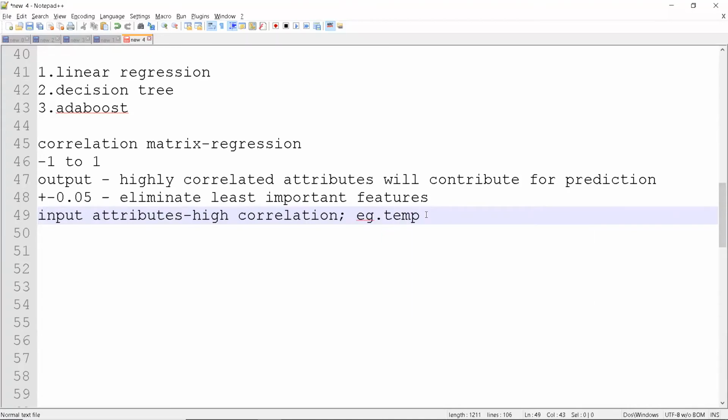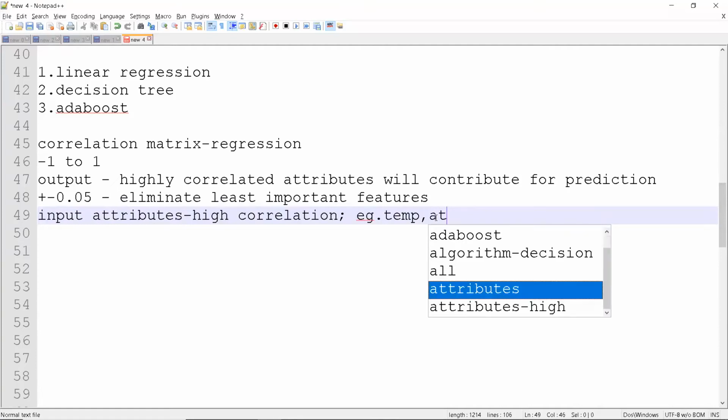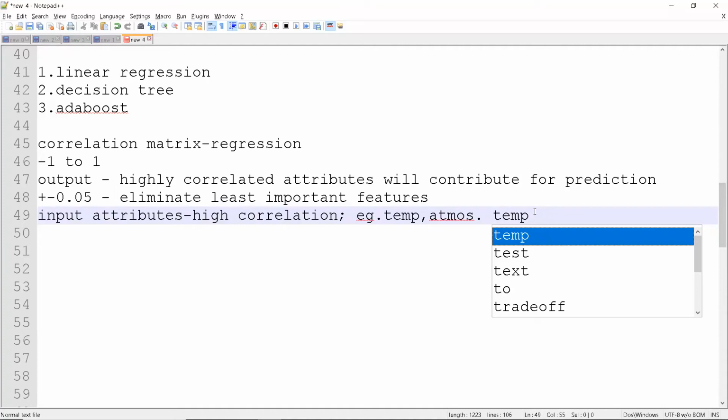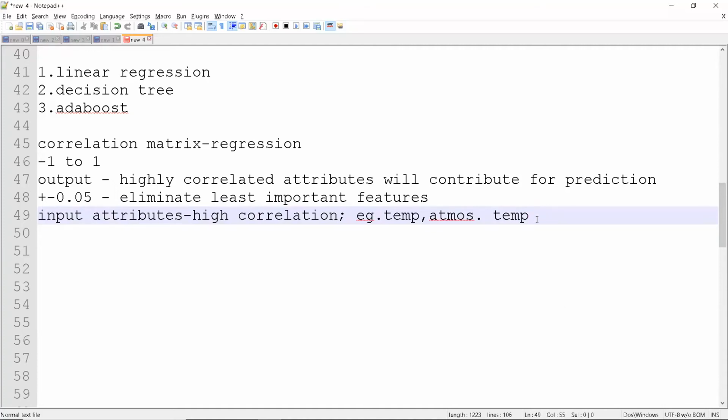Let's say temperature, and let's have another attribute called atmospheric temperature. So both are temperature. If one temperature increases, the other will automatically increase because both are almost related. So it will be having some high correlation between each other.